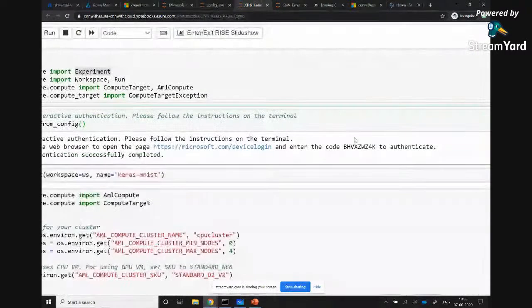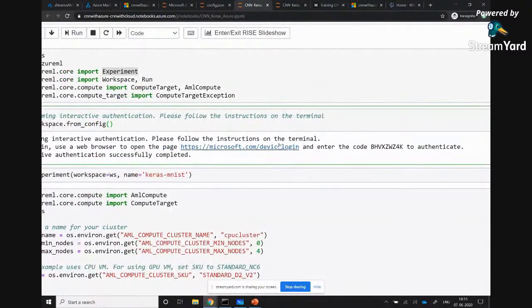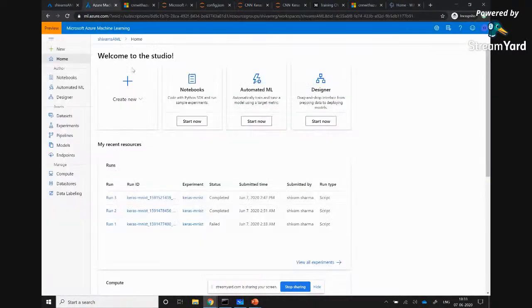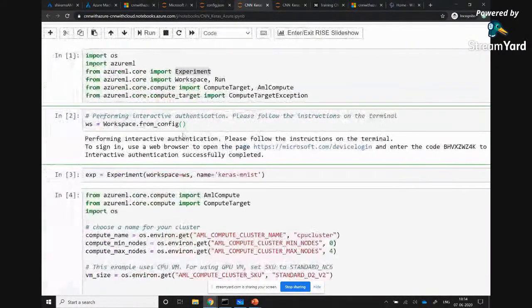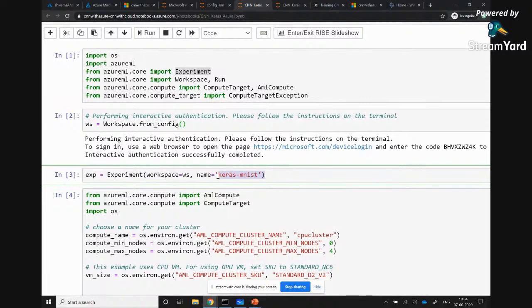And once you click on that and pass the code on this link, you finally will be able to connect your Jupyter notebook to the Azure Machine Learning Workspace, right? So if I just quickly show it to you, we are going to create a new experiment. This is a new experiment we are creating, and it's called Keras MNIST. So we are using the MNIST dataset, and the MNIST dataset has